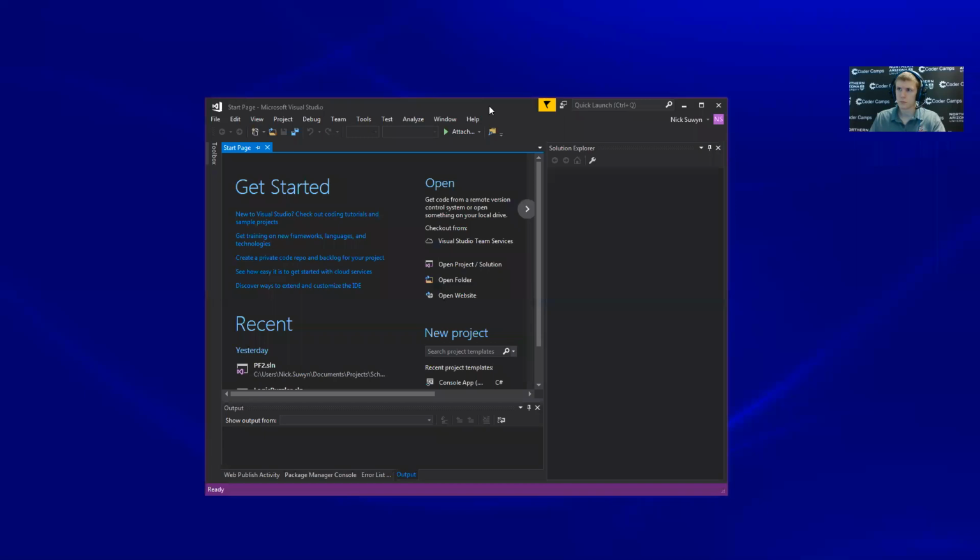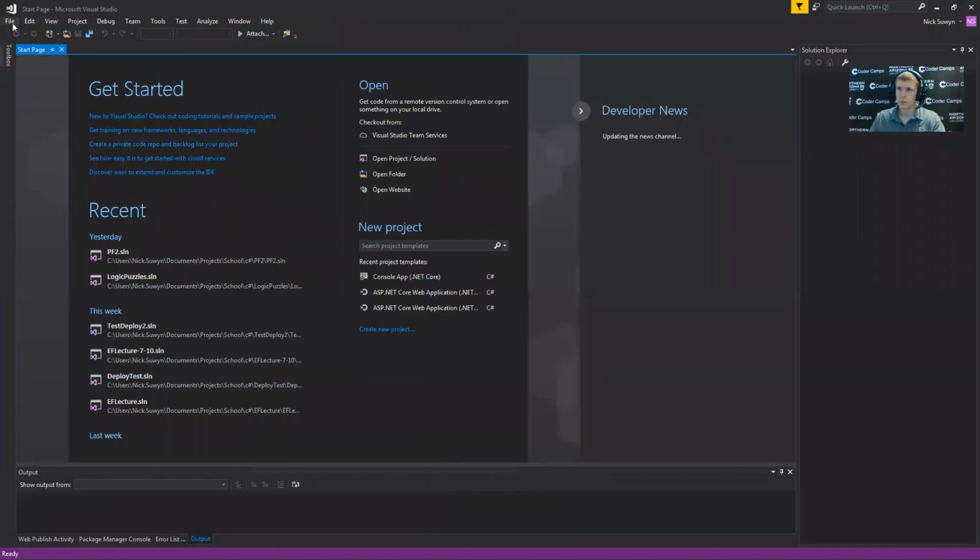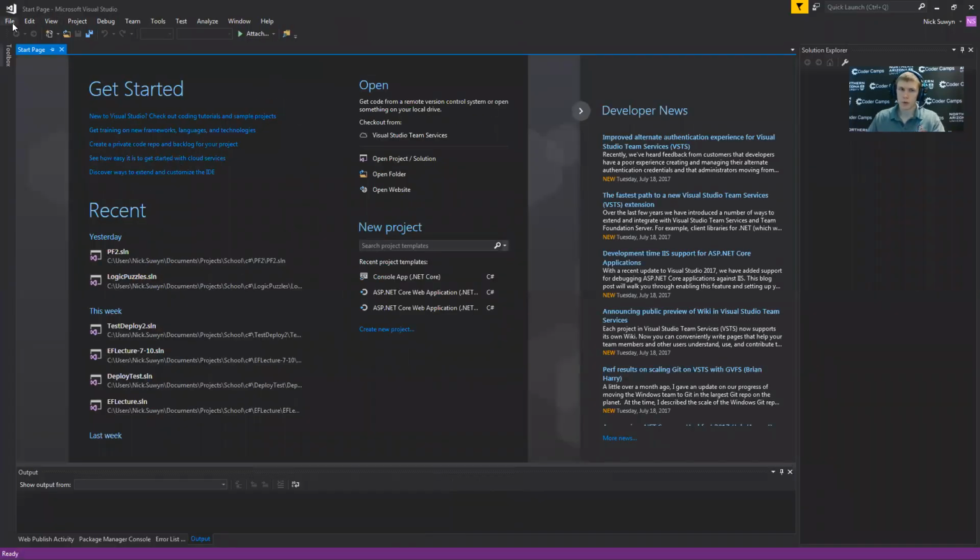All right. So this is the Programming Foundations in C# Week 1 lecture. So to start, I'm going to go ahead and pull up Visual Studio. Move that over here. There we go. So we're going to go over a few things today, including comments, variables, data types, operators, Boolean